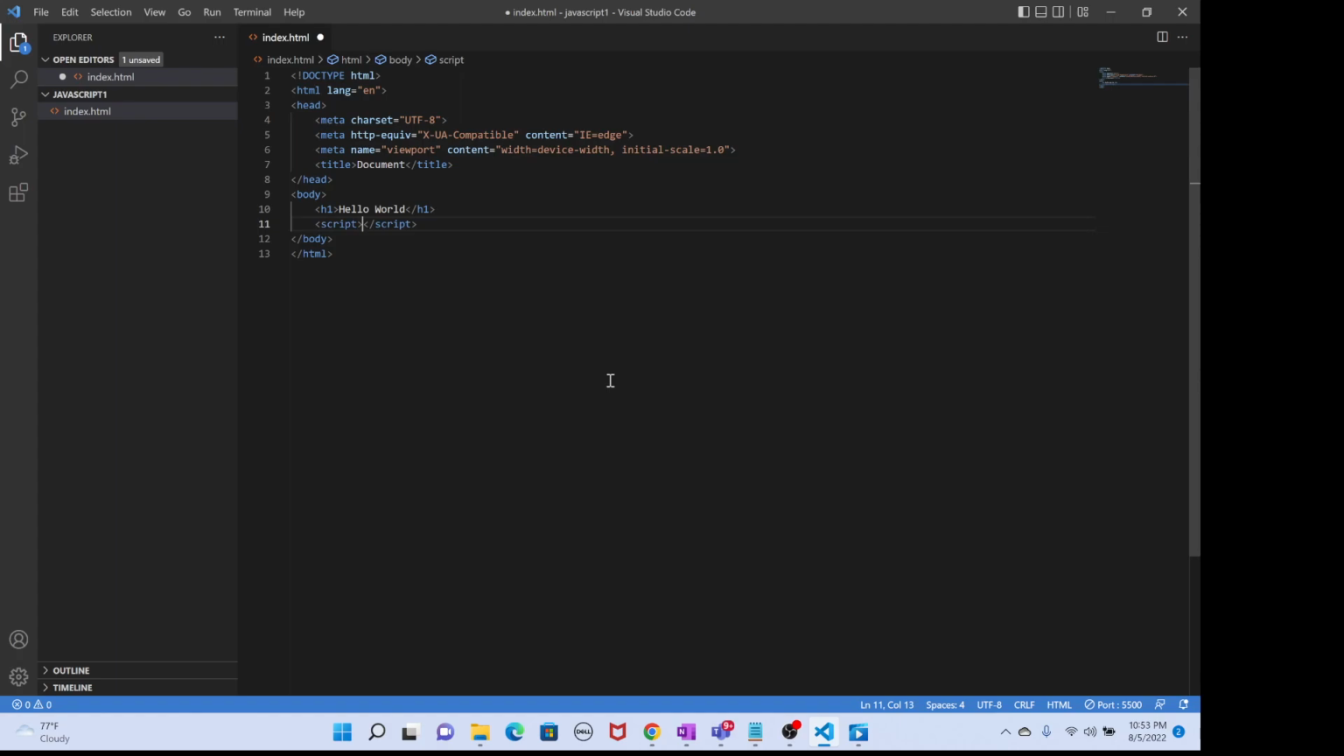Let's type some JavaScript code. Document.write is basically putting the content, the HTML content. Let's put h2, closing the h2, first JavaScript code,